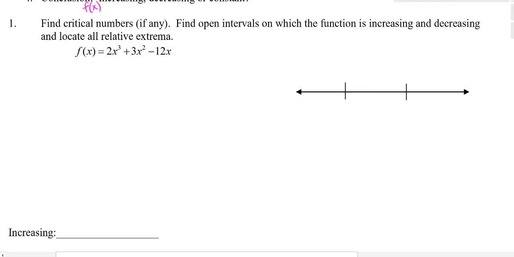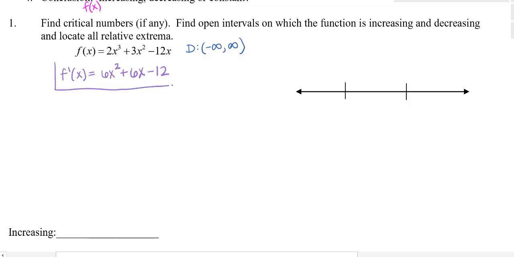Okay, so let's take a look at this first example. So we have f of x equals 2x cubed plus 3x squared minus 12x is our original function. We should recognize that this has a non-restricted domain, meaning I can have any values for x from negative infinity to infinity. So let's go ahead and find the first derivative. That first derivative would be 6x squared plus 6x minus 12. Don't divide by anything yet, because again, this is just that first derivative. And when I'm evaluating my signs, I want to use the actual first derivative. So I'm going to keep that so I can reference it.